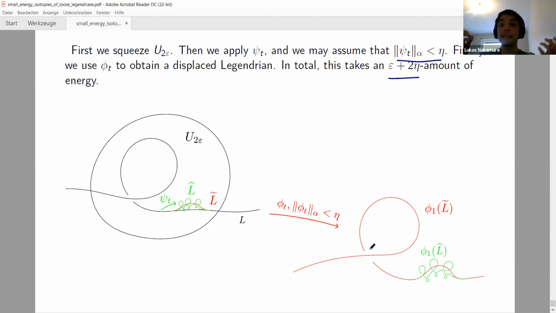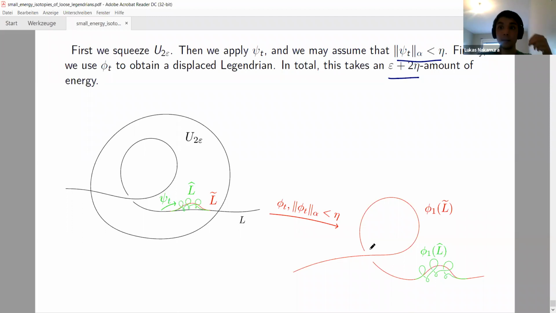By doing exactly the same constructions to both of these Legendrians, on both sides you can squeeze the balls, and then you can perturb the Legendrians to non-Legendrians. You can connect the two non-Legendrians by something which has arbitrarily small energy, and then you approximate the non-Legendrians by loose Legendrians and apply Murphy's h-principle